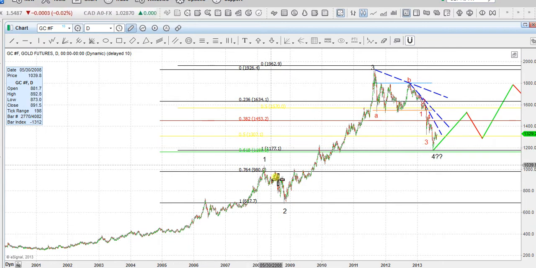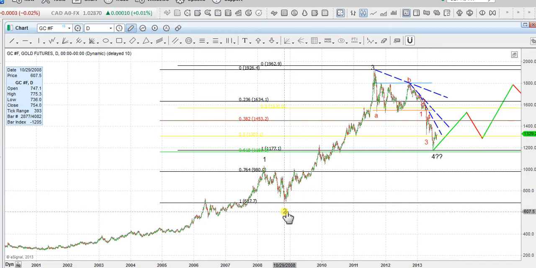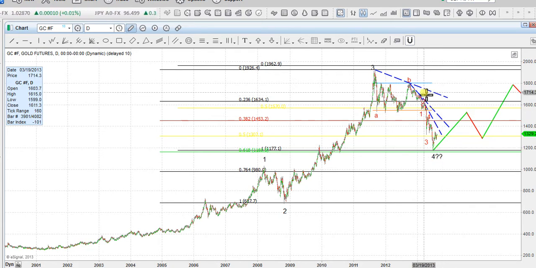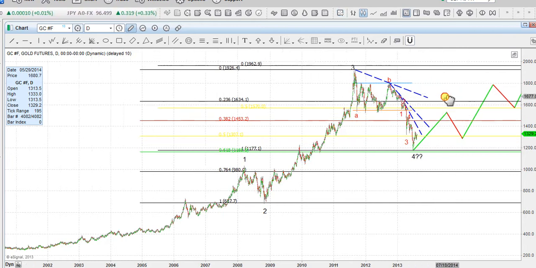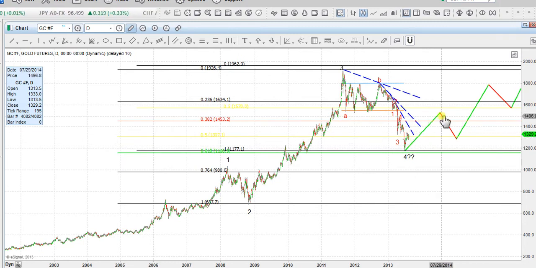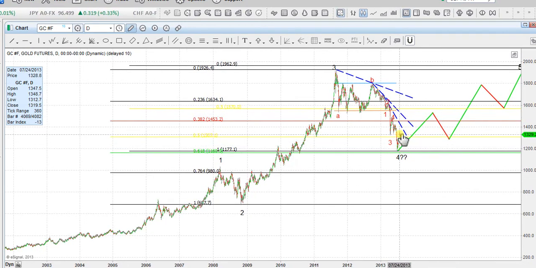We had wave 1, which was followed by a 38.2% correction for wave 2. Then wave 3 was actually extended 161.8% off wave 1, and then wave 4 retraced 61.8%. So we saw it bounce off that level, and then now we're working on wave 5. So it appears as if we're getting the first subwave within that first wave of wave 5.